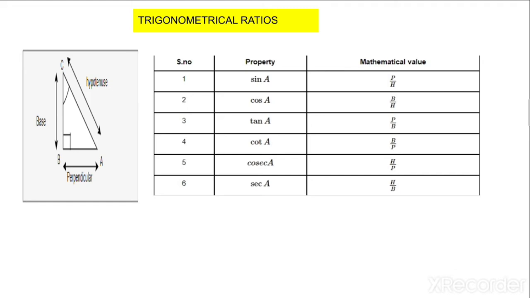1 by 2, 2 by 1, 2 by 3, 3 by 2. Understood? That's why in the beginning I tried to explain with the numerals 1, 2, 3 so that it would be easier for you to understand. So first you understand what is hypotenuse, what is base, what is perpendicular. Second, the naming, how those ratios are named. Then the 6 different names given, out of which 3 names are the reverse of the other 3. Now stay tuned, I'll share much easier tricks with you.